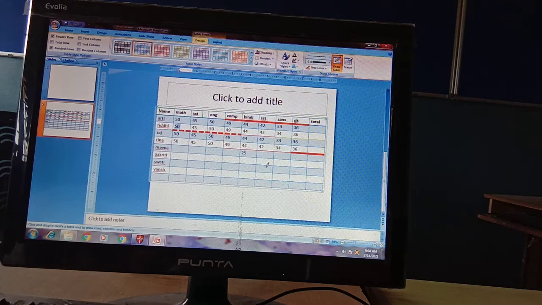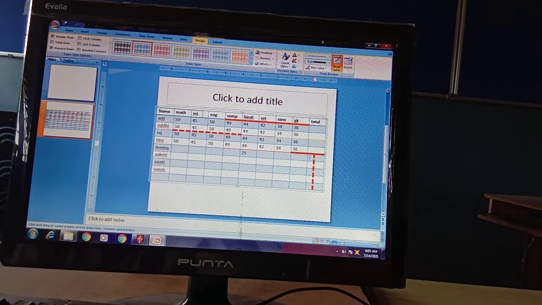Next there is the split cell option. Split cell option is also available there. It divides the cell further into separate cells in rows and columns. There is also a draw table option where you can draw any table.